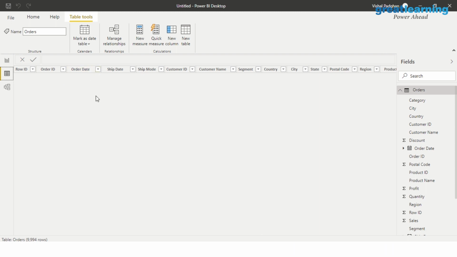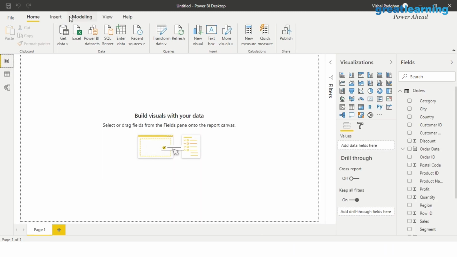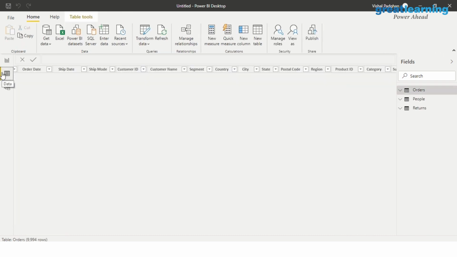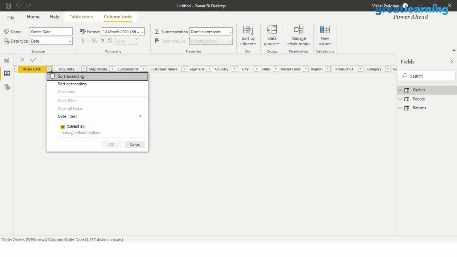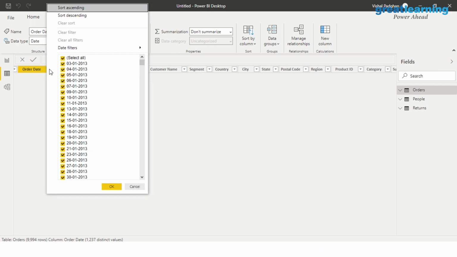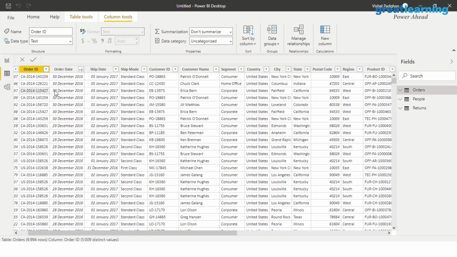Say, why do I not see my data here? Come here, go to modeling, and is it because we've opened a particular pane here? No need to worry about it. As we go ahead, you see there's a lot of data here, it's just not visible. So I'm gonna sort it in descending order, and then we'll see, yeah, there you go, everything is here. So it was hidden for some reason.